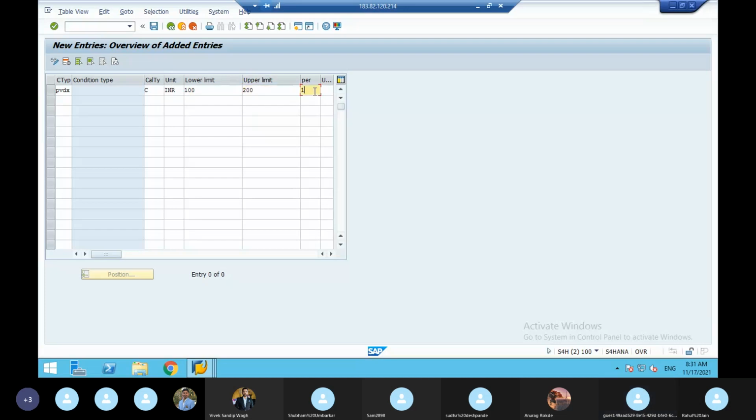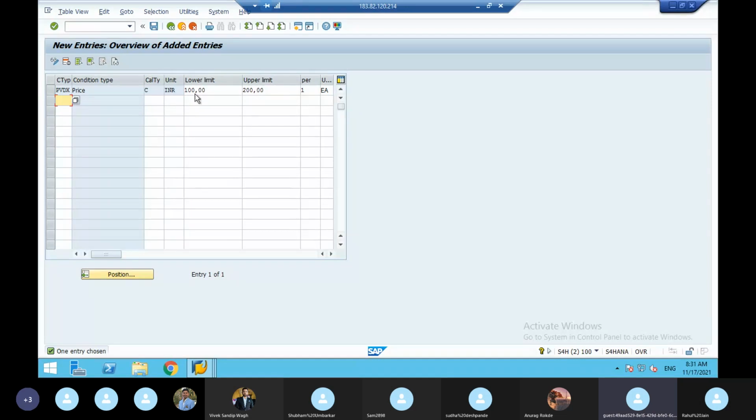Per one unit of measure is each, EA. In the sales order, when you maintain the pricing element or condition record manually, if you give 99, the system will give an error message. If you give 201, it will give an error message. Between 100 and 200, whatever price you want, you can give. That is upper limit and lower limit condition type.